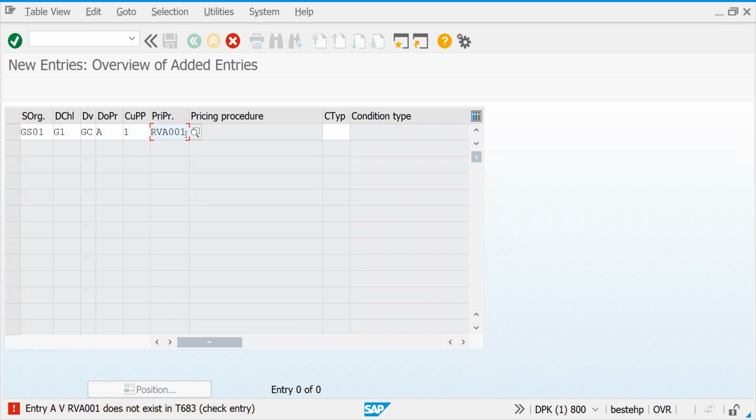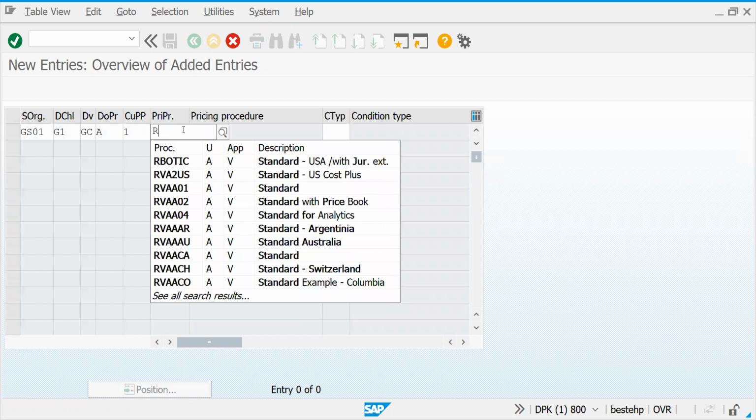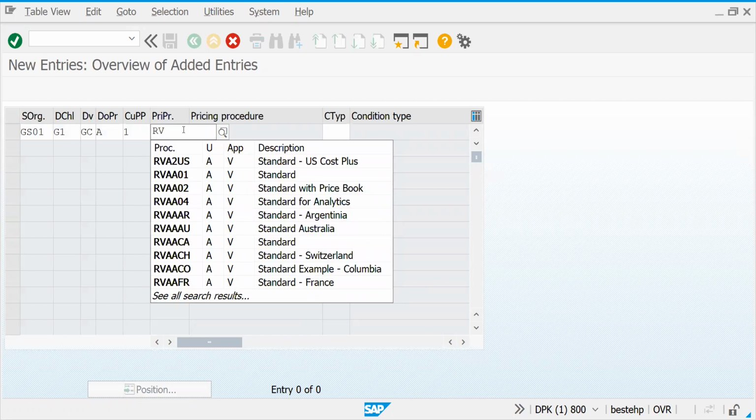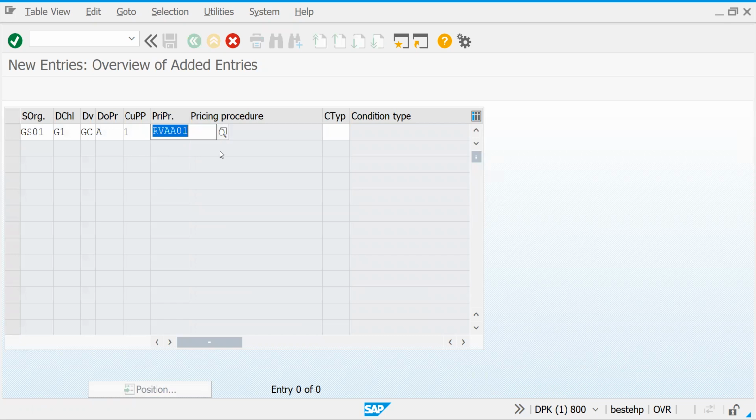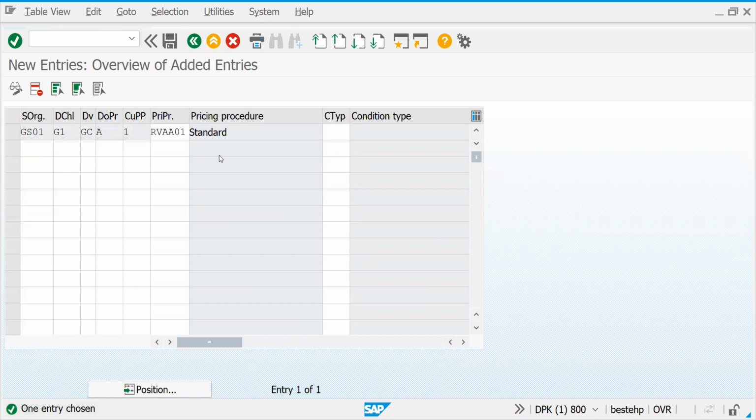Okay. So RVA, RVW01. This is the procedure.